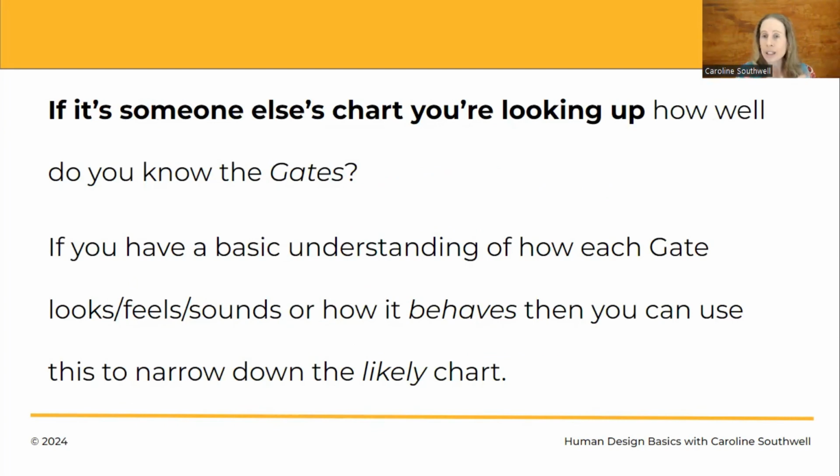just as an interest, how well do you know the gates? Because if you have a basic understanding of how each gate looks and feels and sounds, or how it behaves out in the real world, out in the wild, then you can use this to narrow down the most likely chart. Remember, of course, none of this is guaranteed, but if you can get a more likely chart, then you can use that as a really useful starting point to better understand your loved one or to better serve your